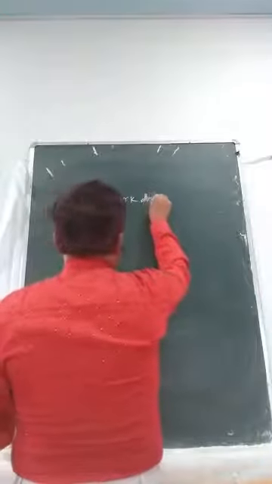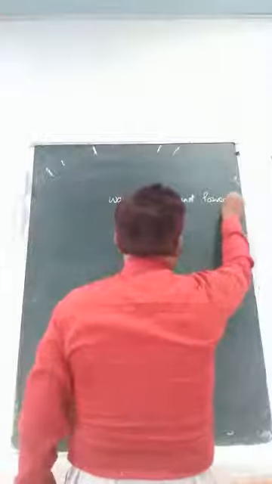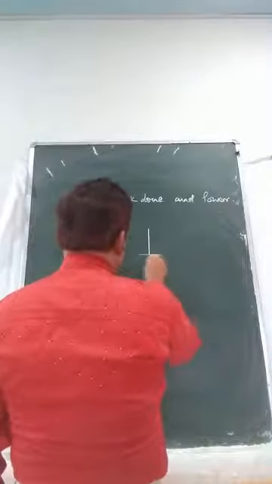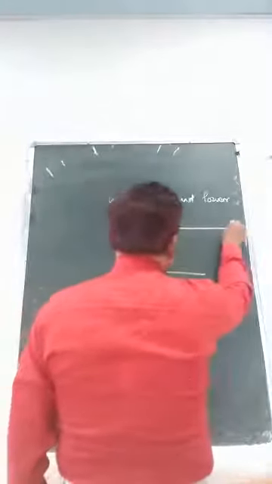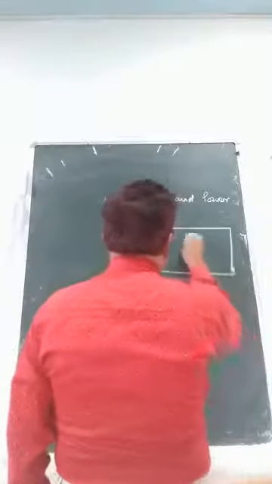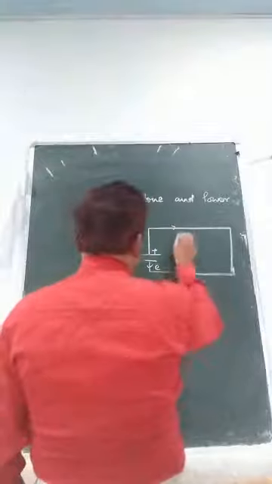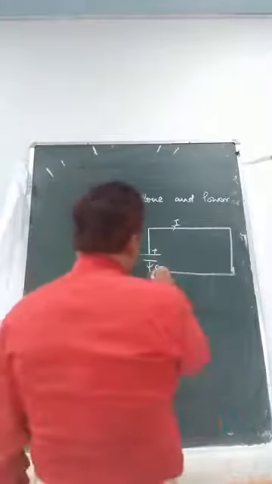Work done in power. So what is that work done? Work done in the sense, suppose there is a cell here. This is a conductor. Conductor means the electrons are flowing here. The current I is flowing in this direction.